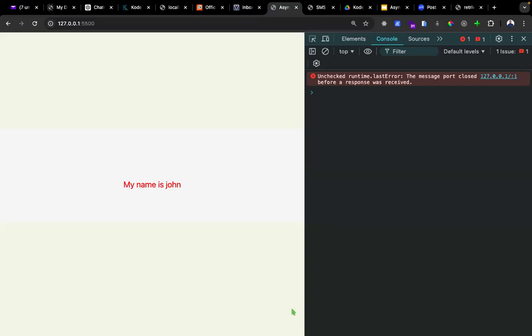Yeah, so that's just a brief on what asynchronous programming does. And if you want to make a request to an API, there are ways in which we do that. To make a request to an API, you simply have to use a function called the fetch function. The fetch function in JavaScript is what we basically use to get data from an external source, because we have to put a link into it to get the data we need. And for us to be able to run our code,